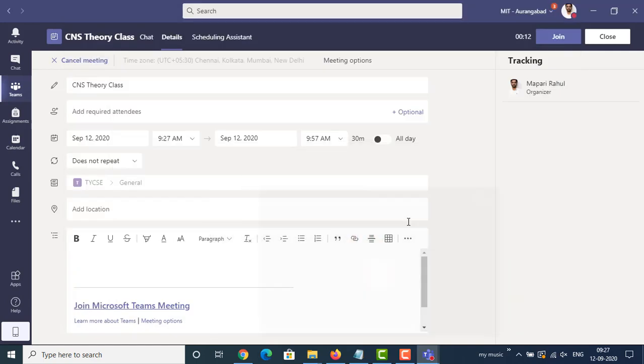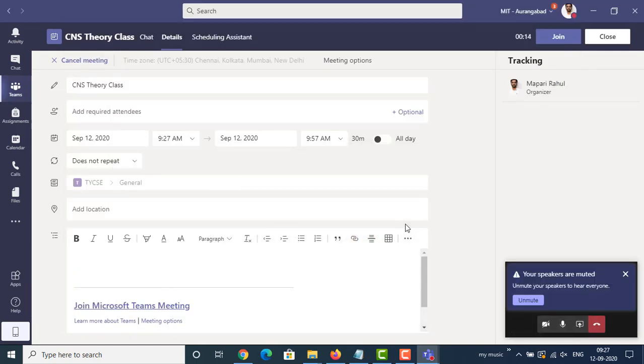So now if we want to schedule a meeting for our team, it is not necessary to copy the joining link information and share this joining link information to all our students. By default, whenever the meeting is scheduled with any existing team, the notification will appear in their login itself. And they can simply go there and click on the join button to join the team meeting.